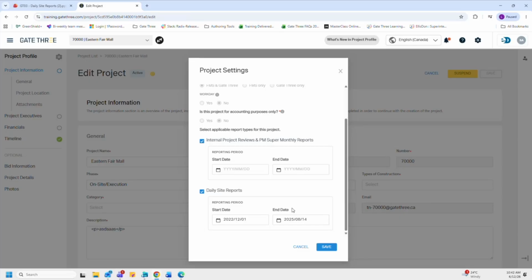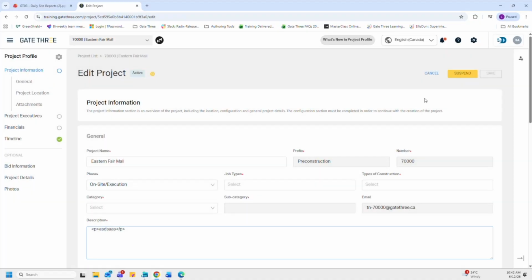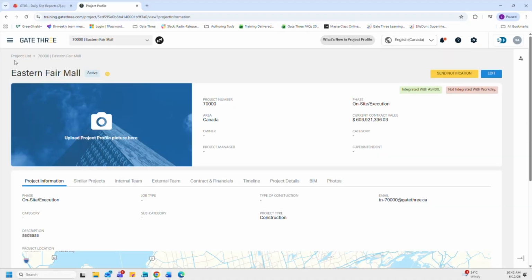So if you needed to modify those dates, you could do so here or within the DSR calendar settings that I just showed you. I do want to let you know that because these dates are stated here, the DSR module automatically generates a daily site report for each day based on the dates configured in the project settings as we see here. Okay, so I'm just going to cancel out,